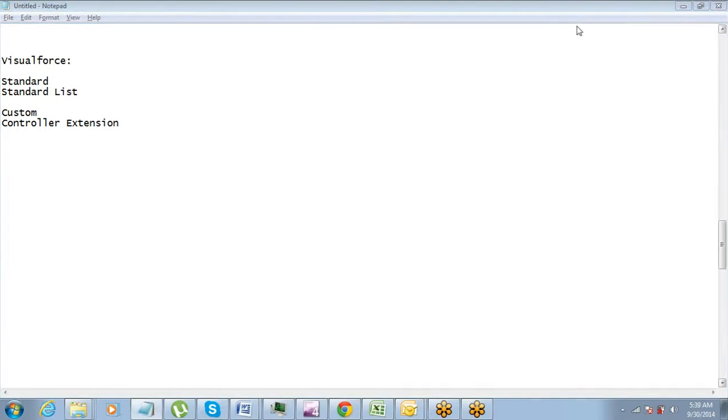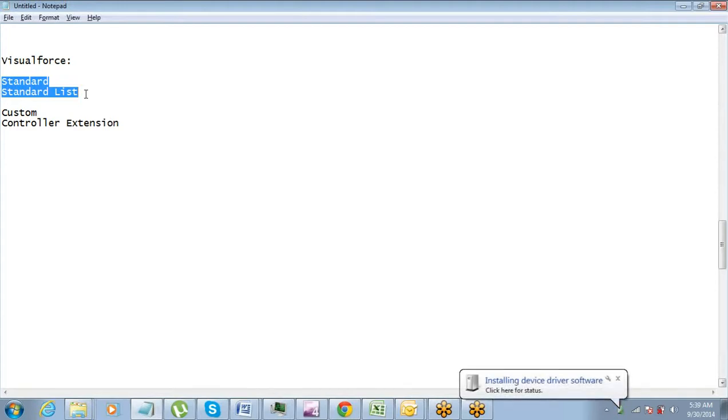So out of these four, standard and standard list, these are standard controllers. These two use the controllers from the Salesforce objects, existing objects, right? So here we don't have to define anything. For standard controller, you just have to go and specify the name of the object, which object you want to display the data from, or which object you want to connect the page to, and then you do not have to do anything.